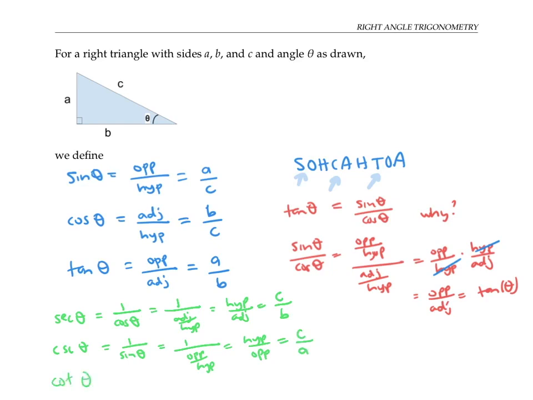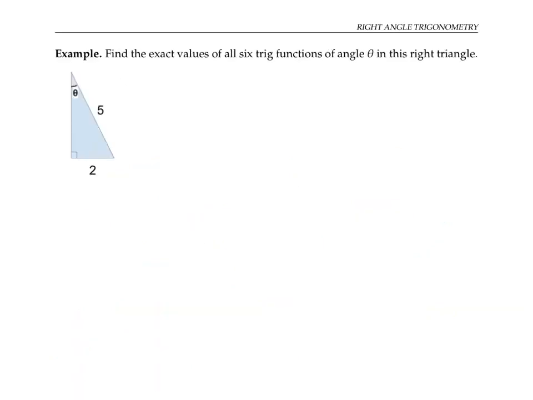Finally, cotangent of theta is defined as 1 over tan theta. That's going to be 1 over opposite over adjacent. Flip and multiply, I get adjacent over opposite, which in this case is b over a. So notice that the values for cotangent, cosecant, and secant are the reciprocals of the values for tangent, sine, and cosine, respectively. Let's use these definitions to find the exact values of all 6 trig functions for the angle theta